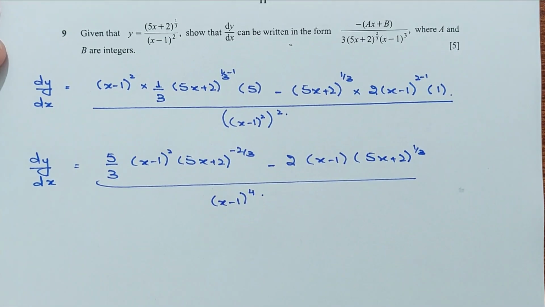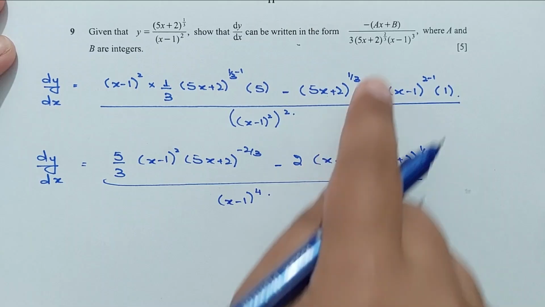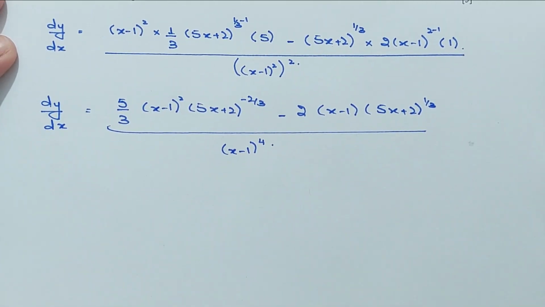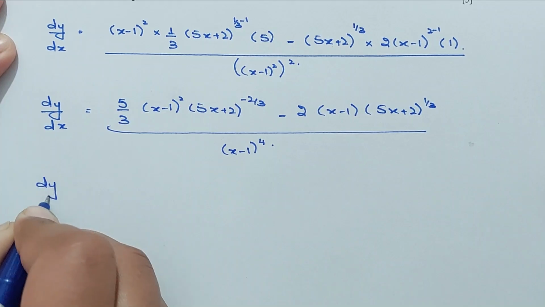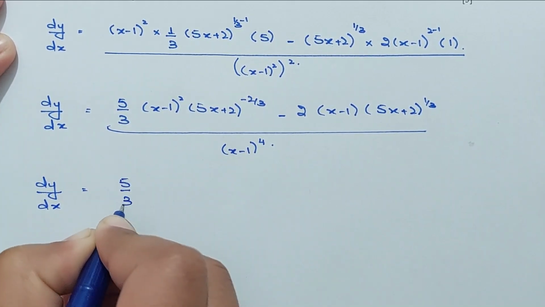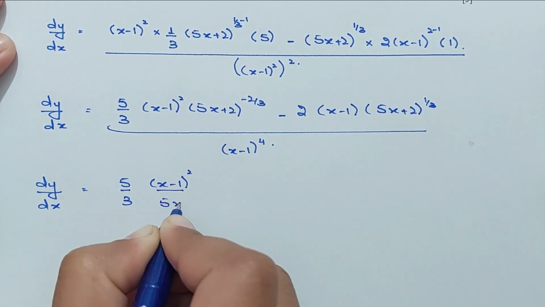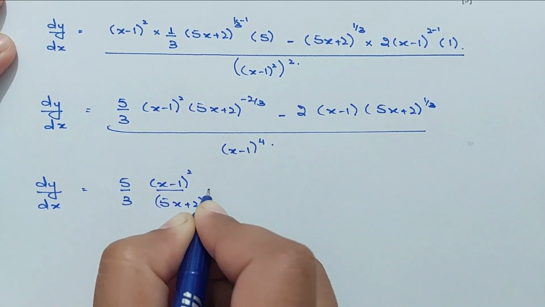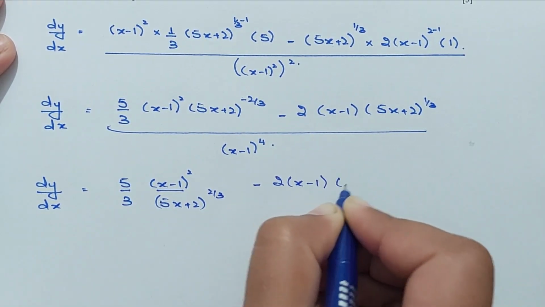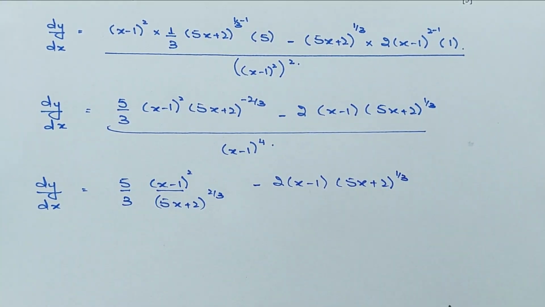Okay, so as you can see, we have to make this form. So x minus 1, its power should be 3, and 5x plus 2, its power should be 2 by 3, right? Okay, for this simplification, dy over dx should be equal to 5 over 3 times (x minus 1) squared over (5x plus 2) to the power 2 by 3, minus 2 times (x minus 1) times (5x plus 2) to the power 1 by 3,